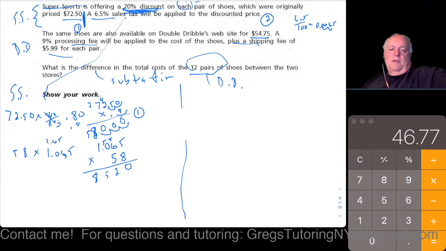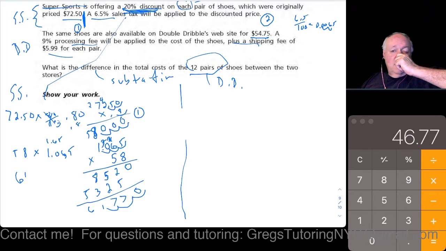Okay. 5 times 5 is 25. Carry my 2. 6 times 5 is 30, plus the 2 is 32. 5 times that, we get a 3. And we get 5. So if I did this right, I'm going to get 0.7716. So we're going to move this 1, 2, 3 decimal places, and we'll leave that alone. 1, 2, 3. So we get